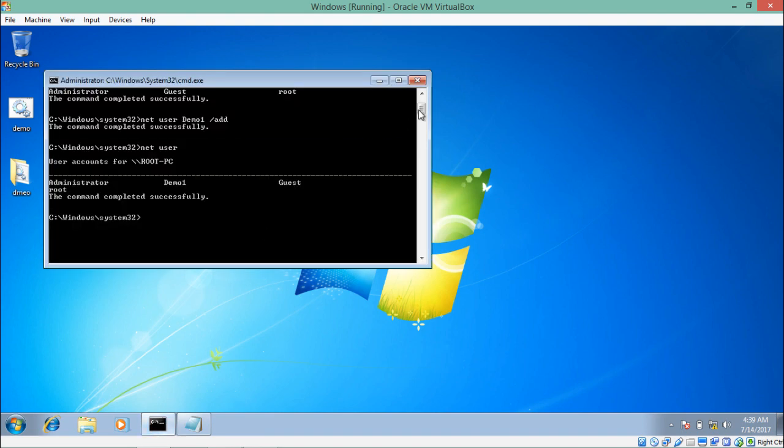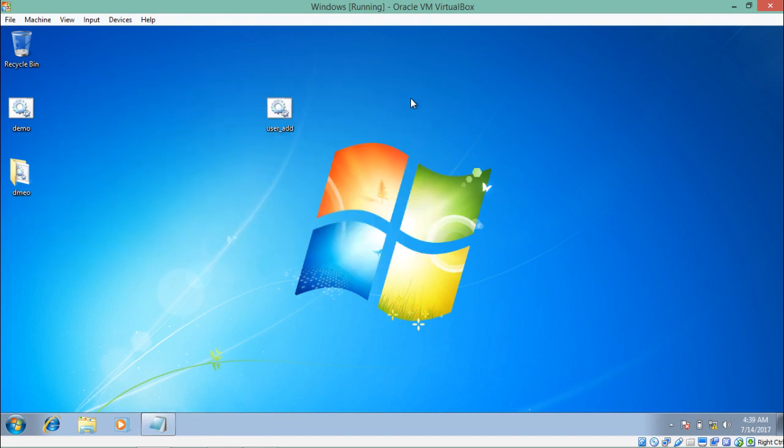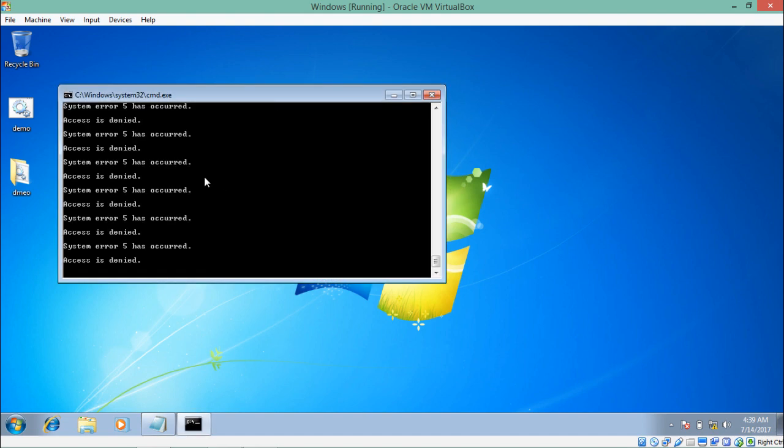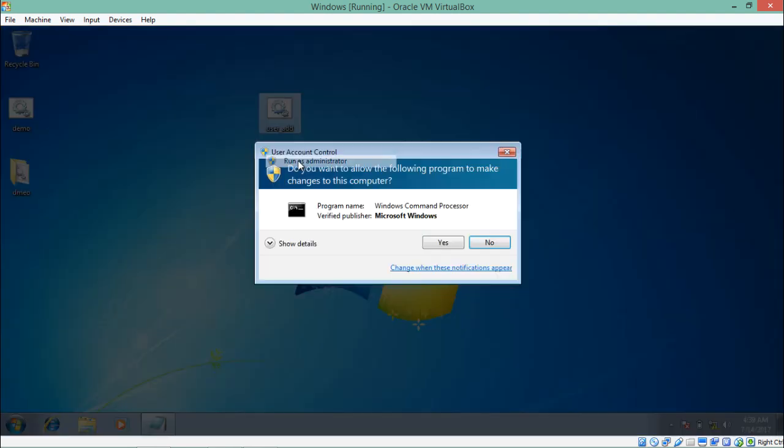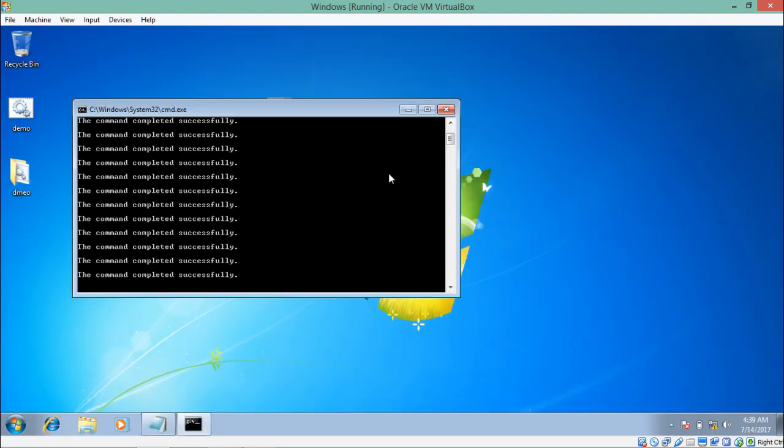If you remember, I told you that in order to create a user by command prompt, we have to open a command prompt with administrative privileges. So just for example, if I run this script without administrative privileges, let's see what happens. You can see that it's giving us an error that access is denied. But if I run this script as an administrator, we'll see the command completed successfully. So let's just stop this file,